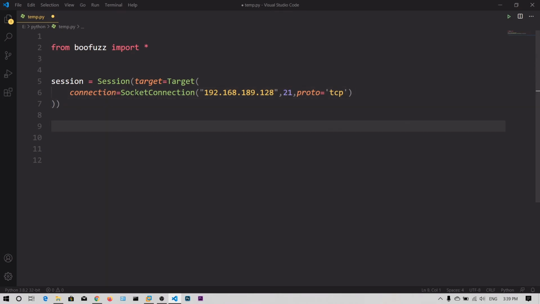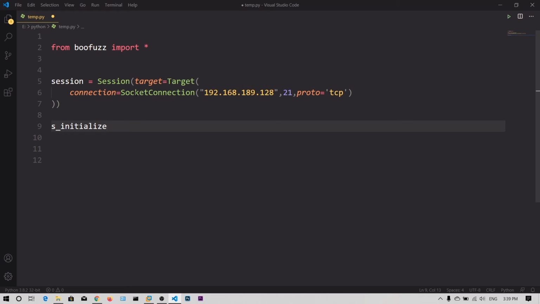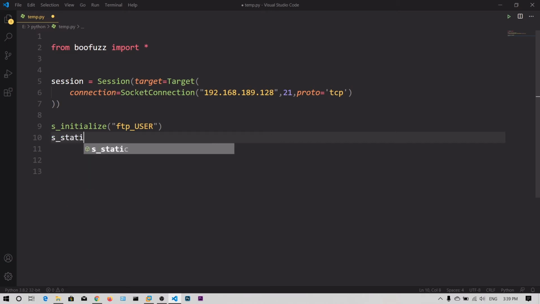Since our session object has been created, we need to initialize the template, which I'm naming FTP underscore user. Then I'm going to say user, space, and then the string.